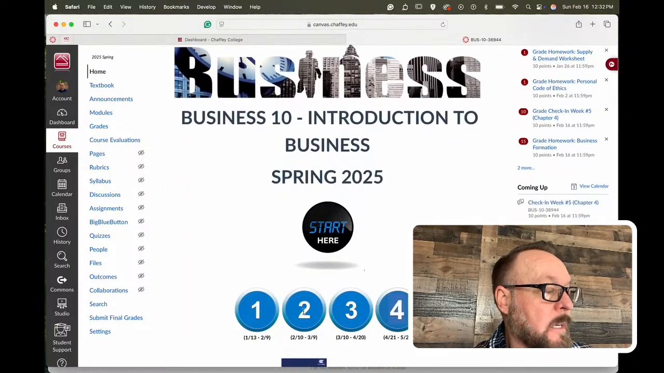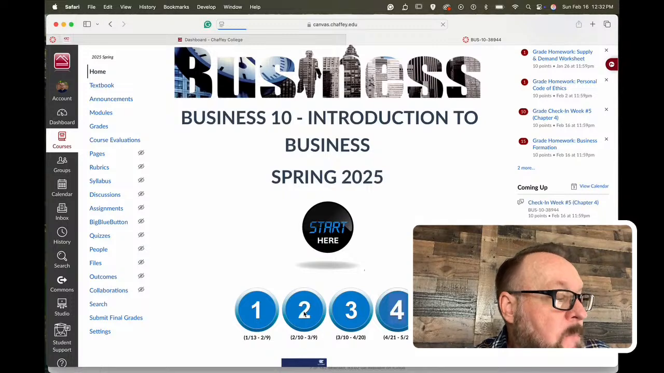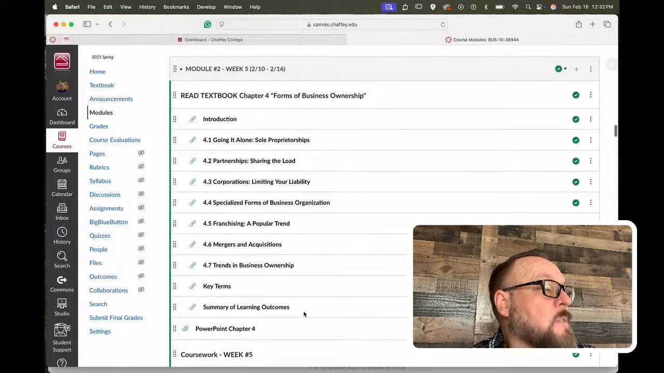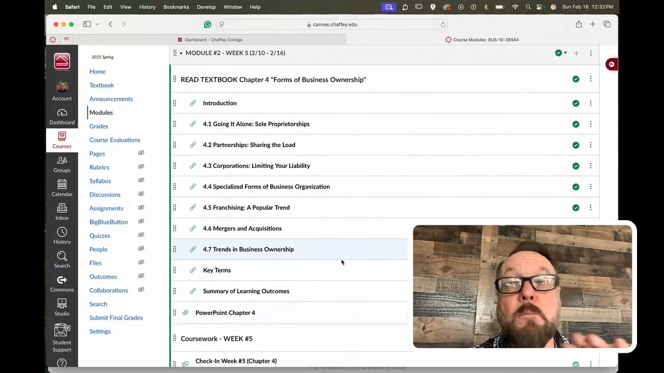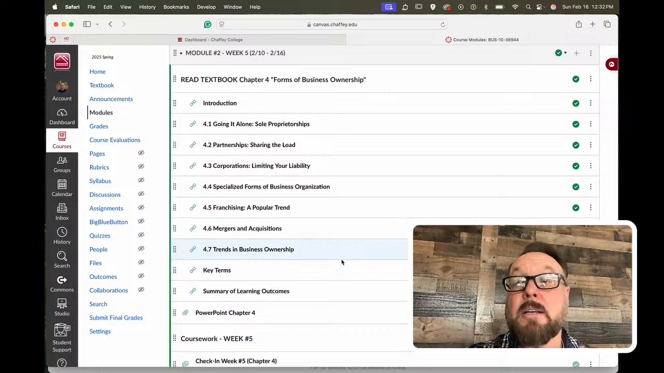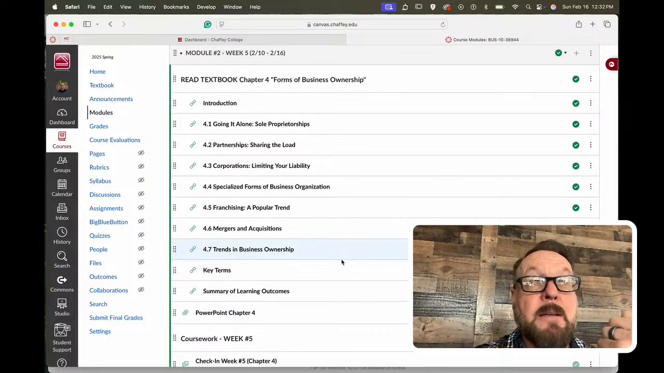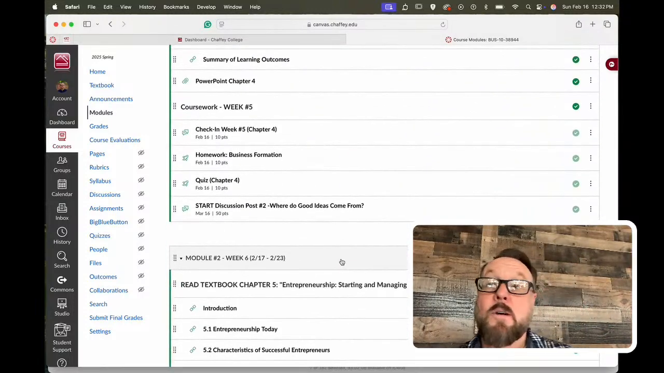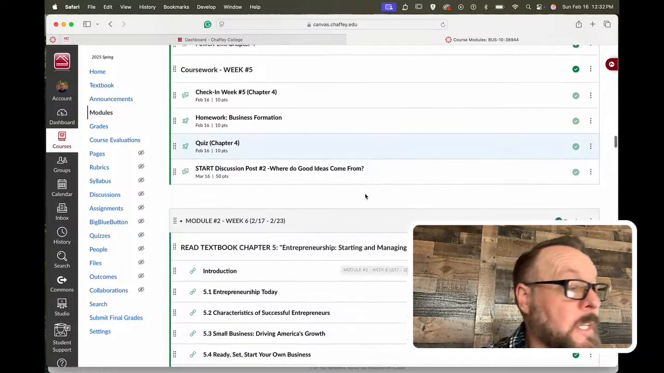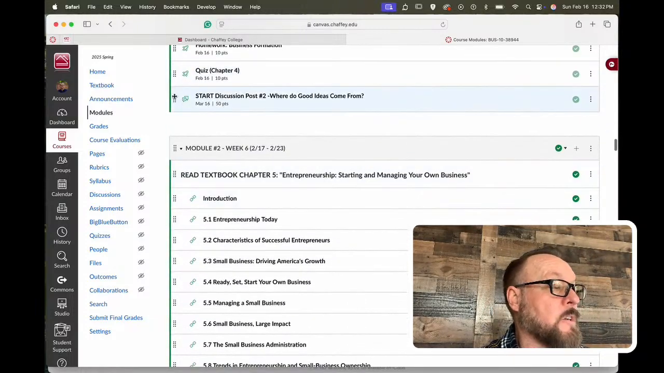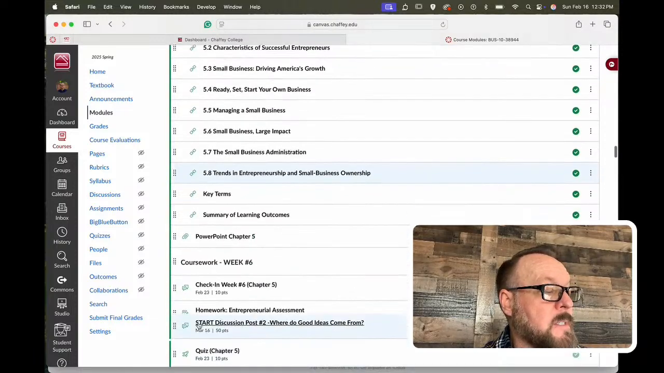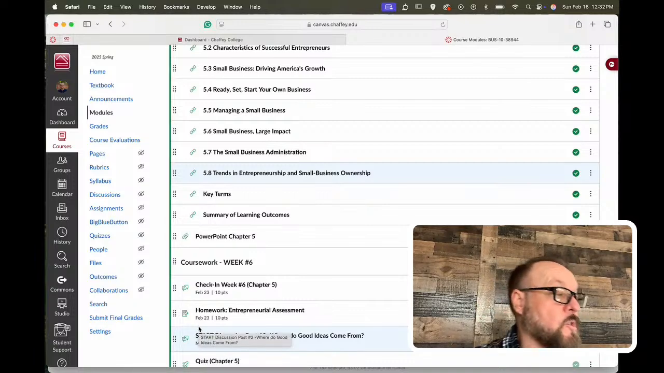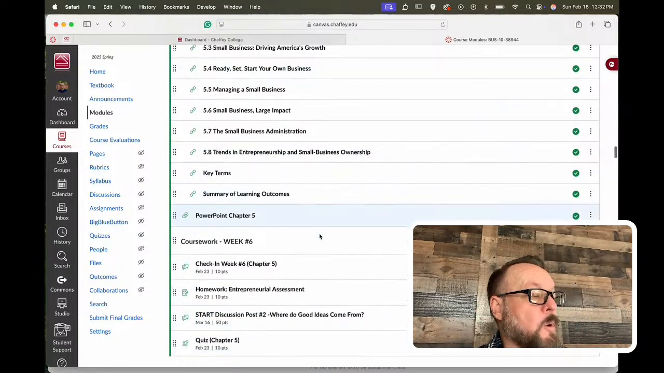This week, we are actually still in module number 2, and we started that last week. Last week we looked at forms of business ownership, talking about sole proprietorships and corporations, LLCs, partnerships, etc. Hopefully you really enjoyed that particular topic. Most students really do. This week, again, we're working into entrepreneurship. So what does it look like to start your own business? What does it look like to operate a business? Do you have what it takes? Those kinds of things. So make sure you read the chapters, you review the PowerPoint slides, and then of course